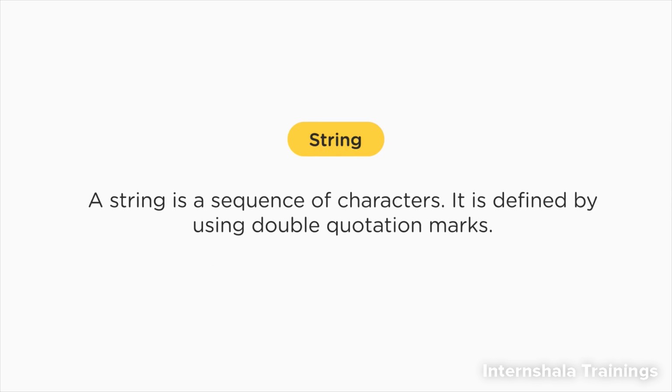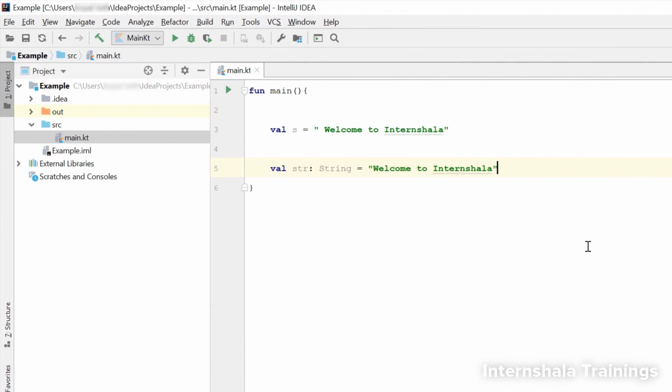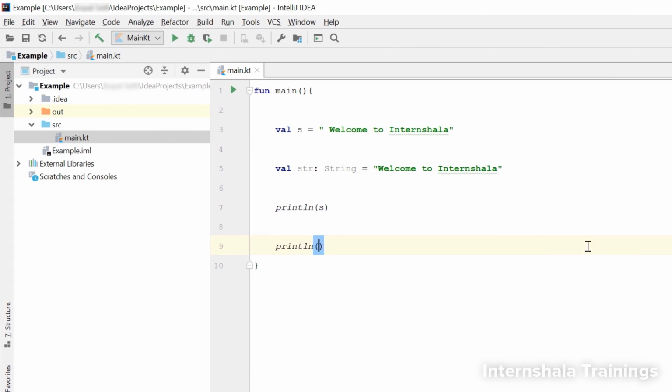So we know that a string is a sequence of characters and it is defined by using double quotes. These are the two ways in which string variables can be defined. Let's go ahead and print both of these. Now if you notice, the data type of the variable defined here appears in light grey color. This is the IDE's way of saying that we do not need to explicitly mention this keyword here, and hence we can go ahead and remove it. Remember, that's what light grays are used for telling us.